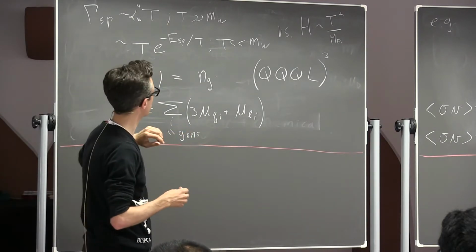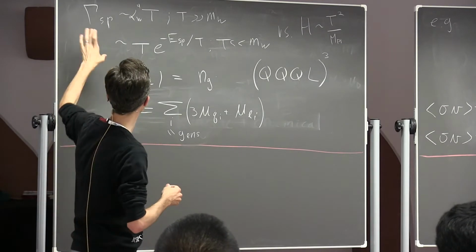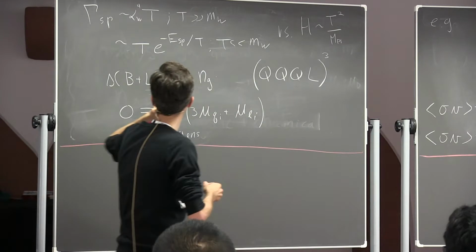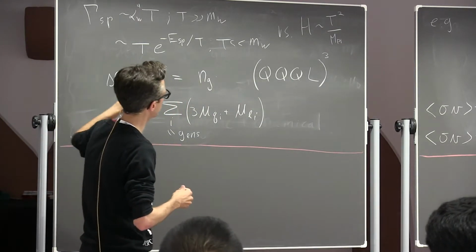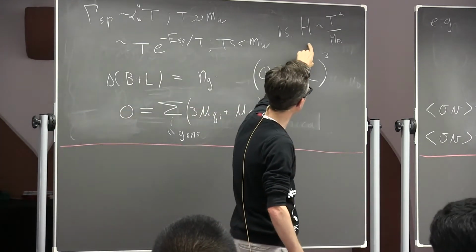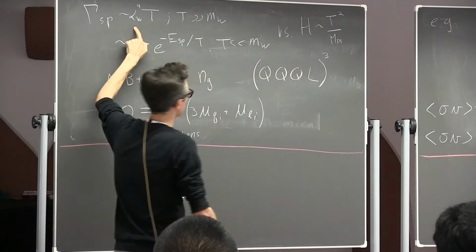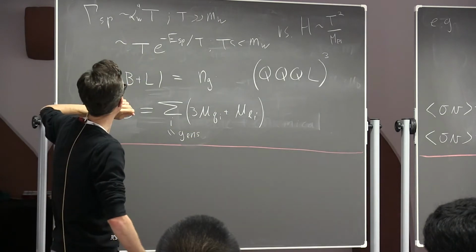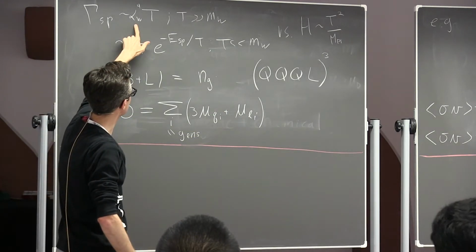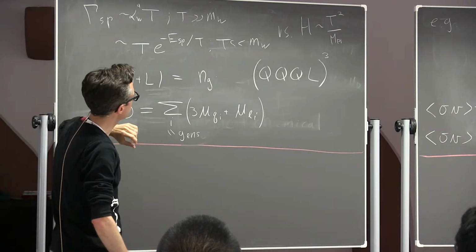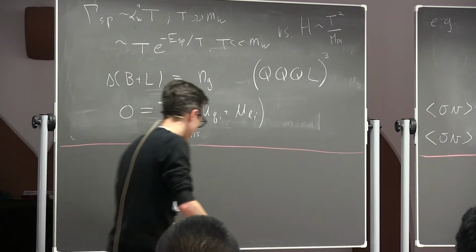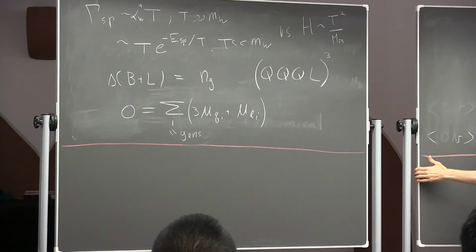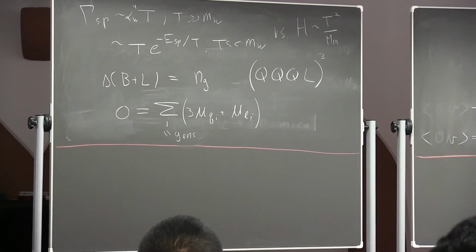Now the thing we have to check is whether the Sphalerons are active by comparing their rates to Hubble. And what you see is if I go to very high temperatures, the Hubble is going to increase faster than my high temperature Sphaleron rate. So Hubble is going to go like T squared, where the Sphalerons are going like T. And I have a lot of coupling suppression. And the upshot is that Sphalerons turn on and turn off at high and low temperatures. So what I mean by this is